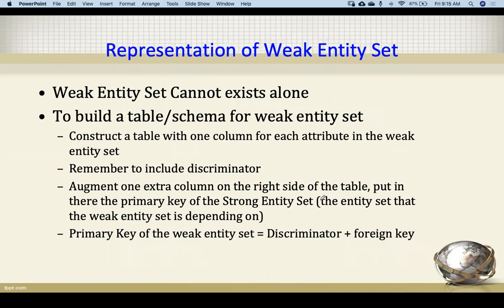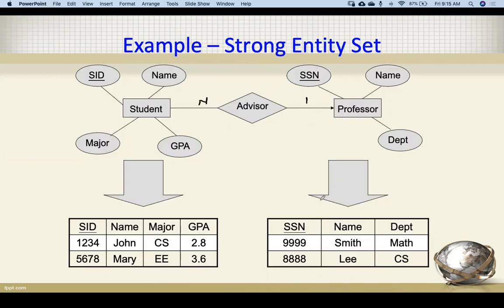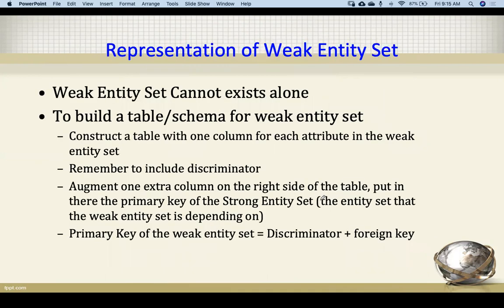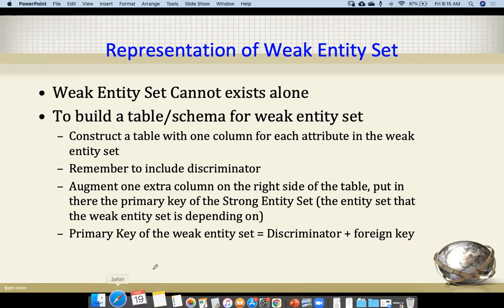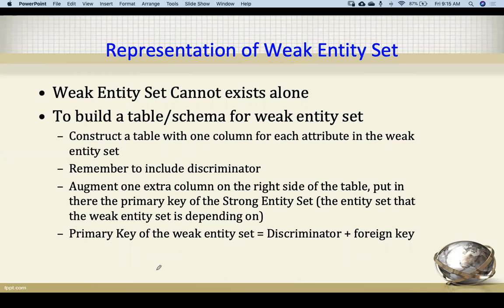Now this is how we are representing the strong entity set. Let's see how we can represent the weak entity set. The weak entity set cannot exist alone. To build a table schema for a weak entity set, these are the rules. The first says to construct a table with one column for each attribute in the weak entity set. Remember to include the discriminator.